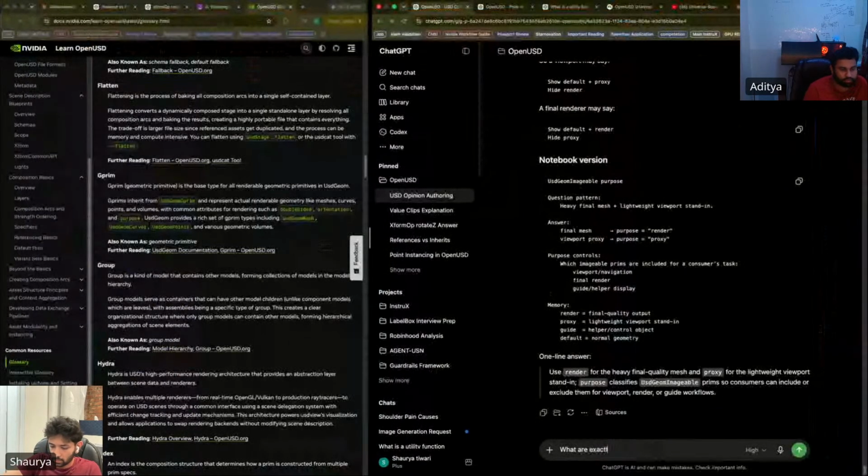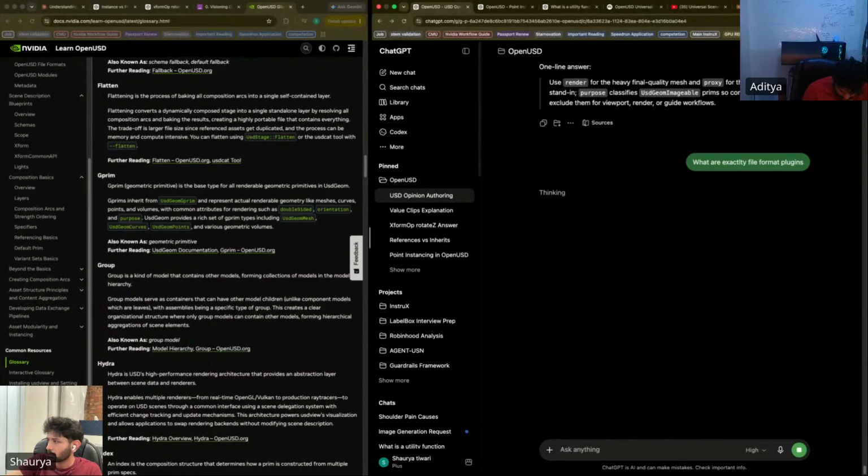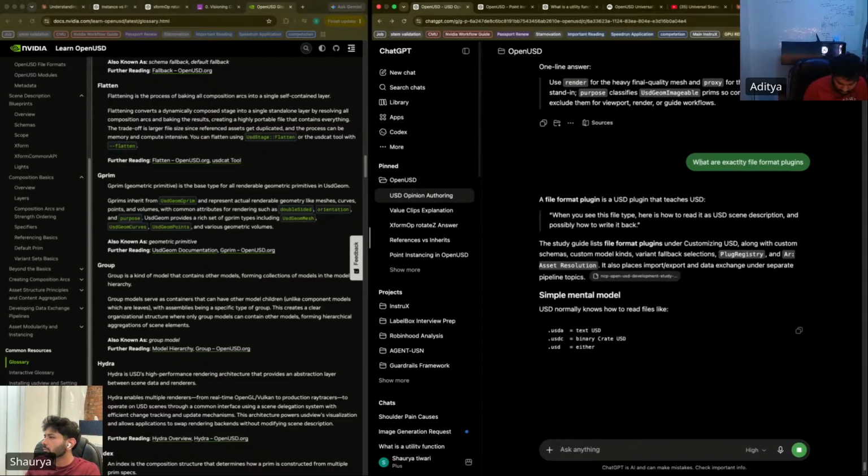What exactly are file format plugins? When you see this file type, here is how to read it as USD description and possibly how to write it back.